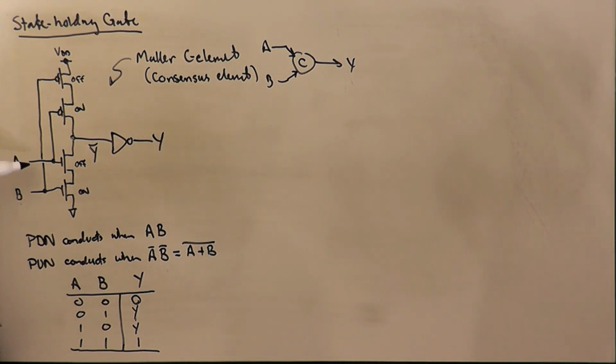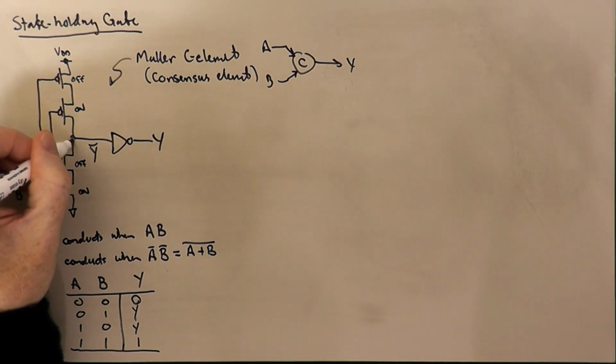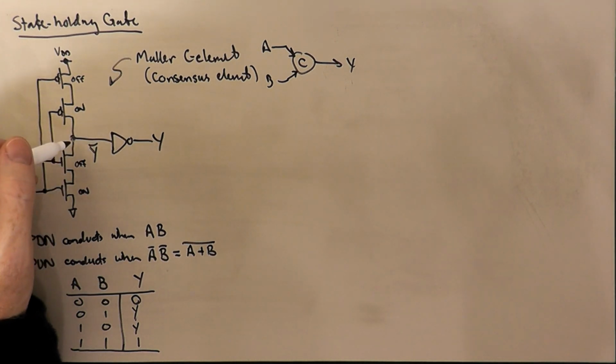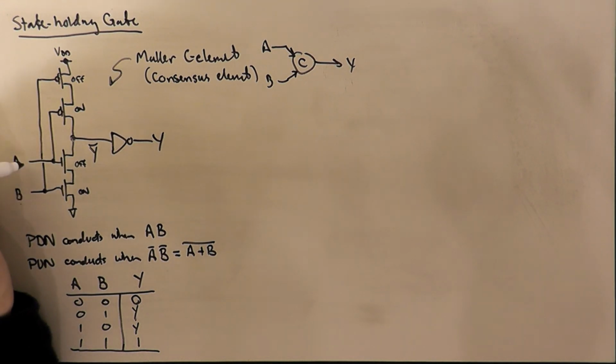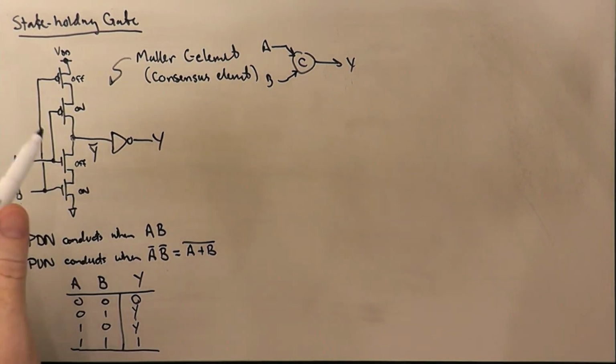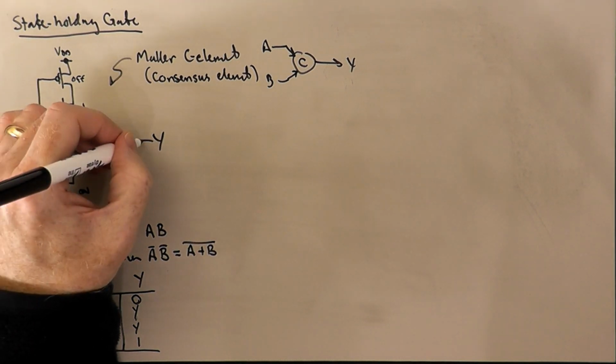Now this, as it stands right here, would be a dynamic version of the Muller C element, where, as I mentioned, the state is held on whatever parasitic capacitance happens to be on this internal node here. And that's kind of precarious, especially in a system where you may have to wait for an indefinite period of time before you proceed until your inputs come to consensus. And so one way of taking this dynamic gate and making it into a static gate, where the state is actually held statically in a stable operating point of the system, is to add what's called a staticizer,